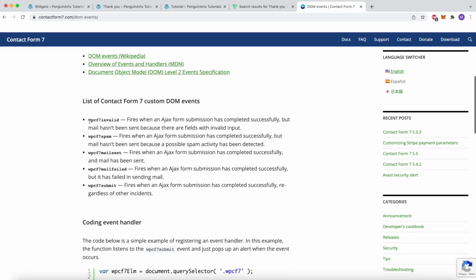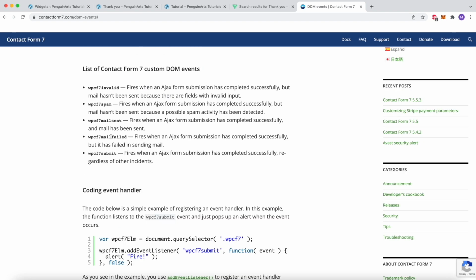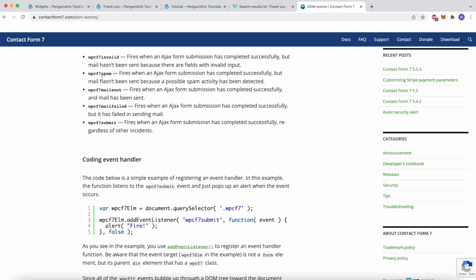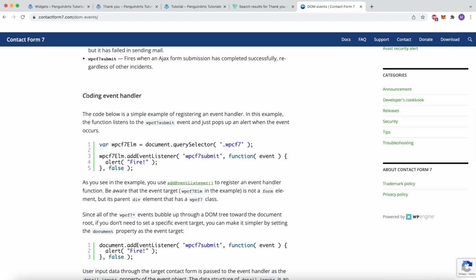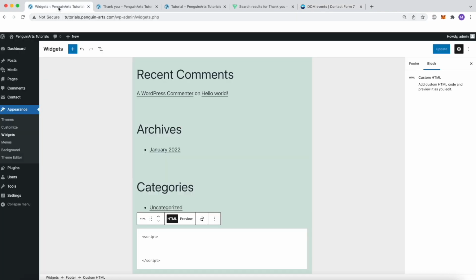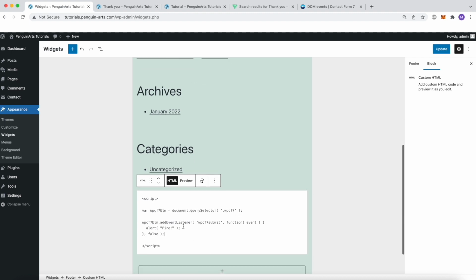As you can see here, guys, these are all events Contact Form 7 has. So we will use one of these, but until we get here, we will need the coding event handler. So just copy this bunch of code and paste inside the script tags. We don't need this, okay, we can leave it just for